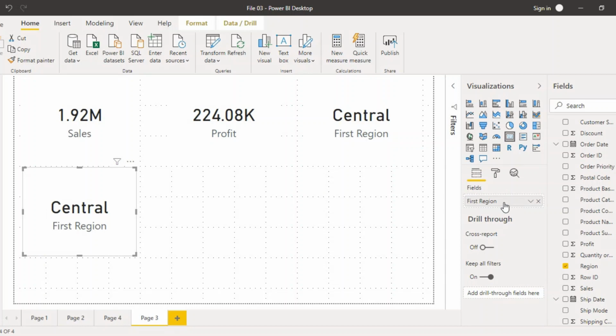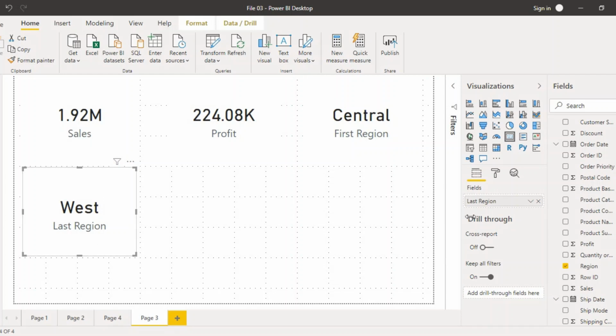But if you want to change this, suppose you want to change the region from central to the last region that was present. 3 regions were present in our data, that is central, east and west. Central was C, that is arranged alphabetically, so central was the first, and W for west was the last in alphabetic order, so we are getting west as the last region.